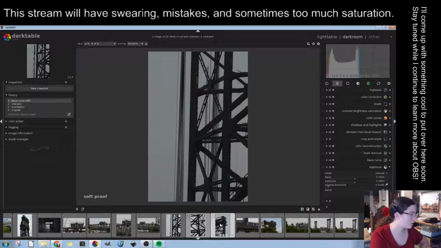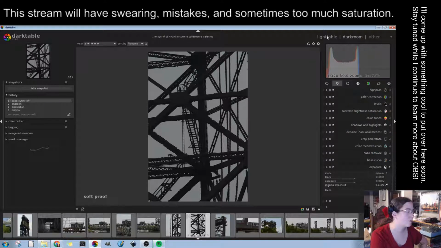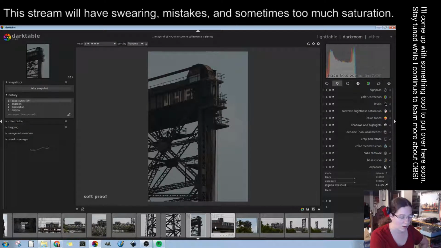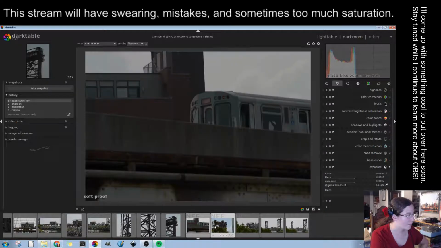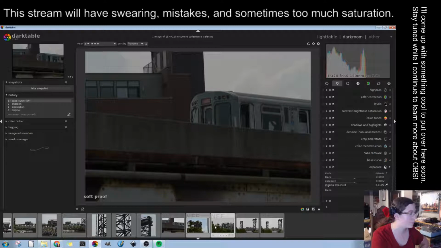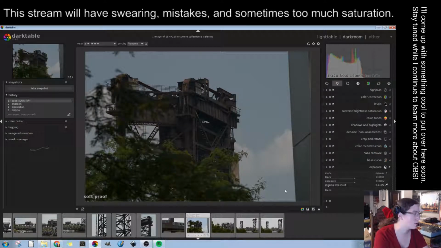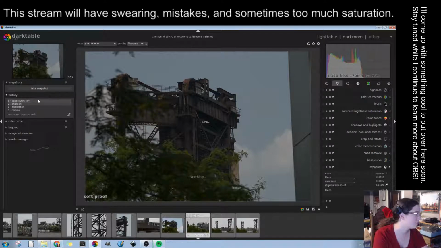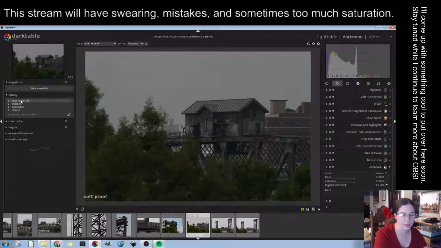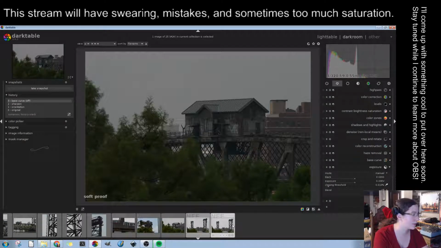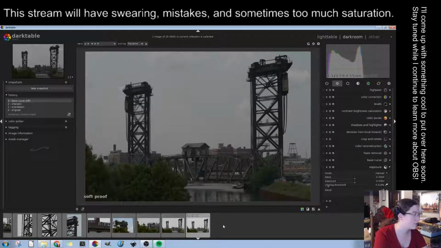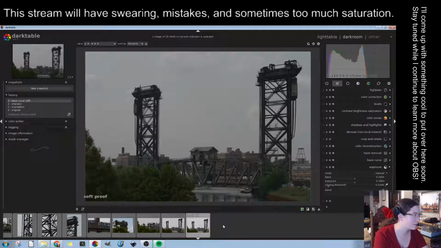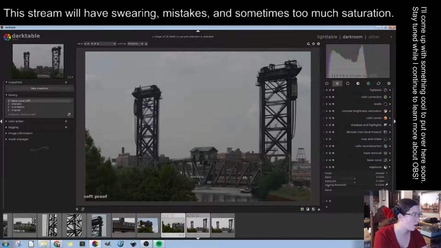I just want to take a second look without having any of the, because when you first upload your stuff into Darktable or Lightroom, there's just like a JPEG preview, and it kind of auto puts settings up for you. These are all the raw photos straight out of the camera. I actually turned off the base curve that Darktable uses to try to match your camera, but I turned that off for all of my importing, so I can see the raw. And you'll see these are all super flat, but that's why photographers edit, because raw photos are not